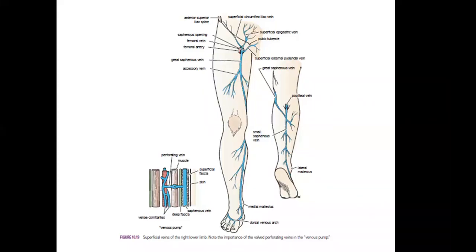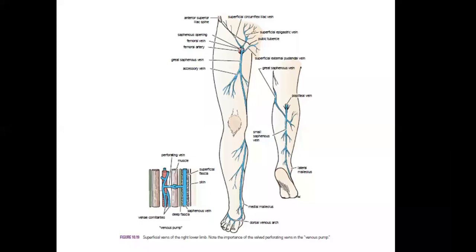One thing to be remembered, that the great saphenous vein is accompanied by the saphenous nerve. You should remember the name, the saphenous nerve, through its course. So the great saphenous vein from its origin accompanies the saphenous nerve and it ascends in the superficial fascia of the leg, passing in the knee posteriorly, where it curves to the medial side of the thigh in the lower thigh. It then passes in the deep fascial opening, which is called the saphenous opening, and there it joins the femoral vein.